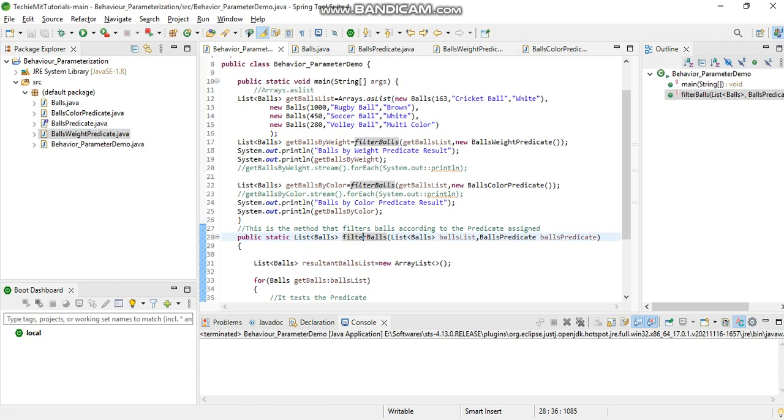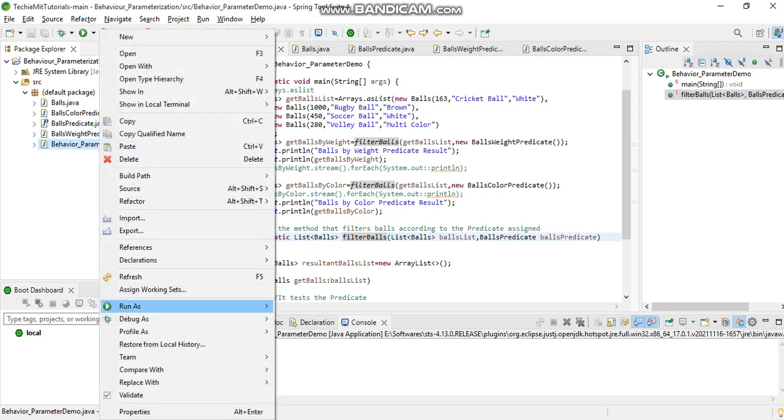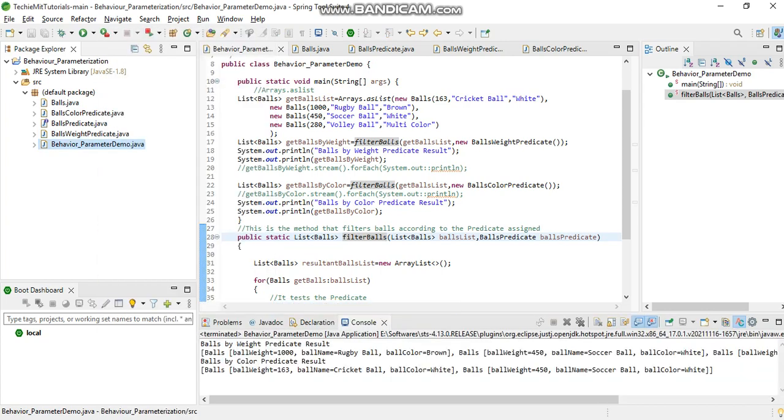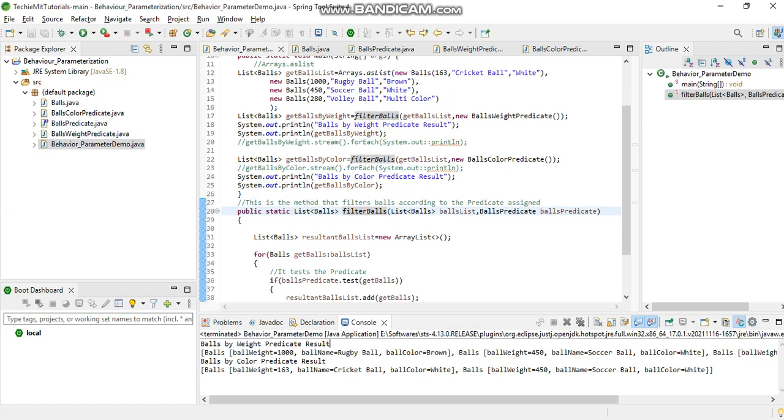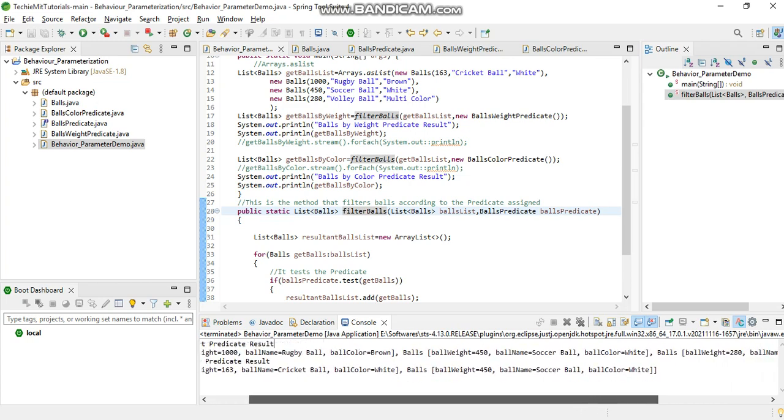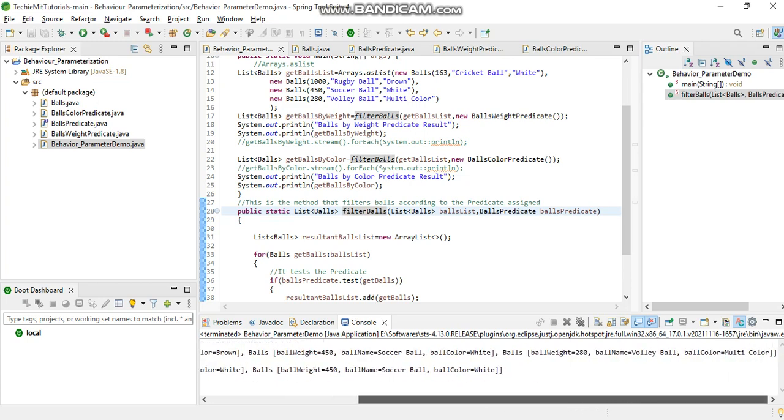I'll just run the program, clicking on the main method. Yeah, as you can see the output on the screen, the balls by weight predicate result is balls. We have ball weights 1000, 450, 280. Here you can see that